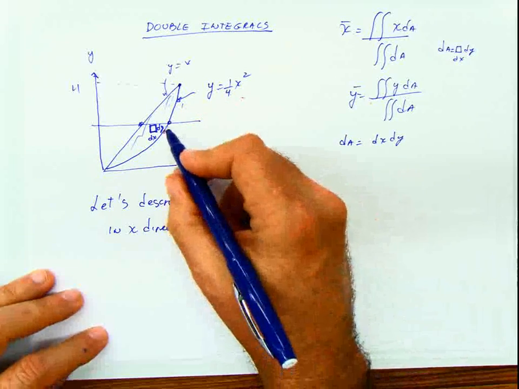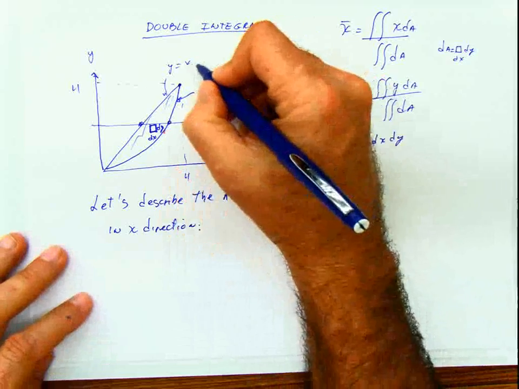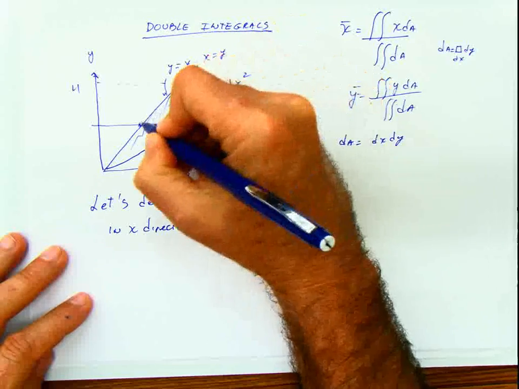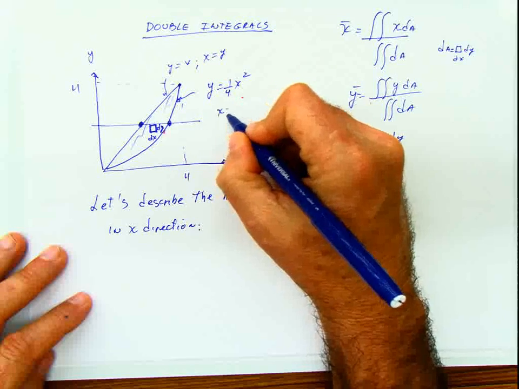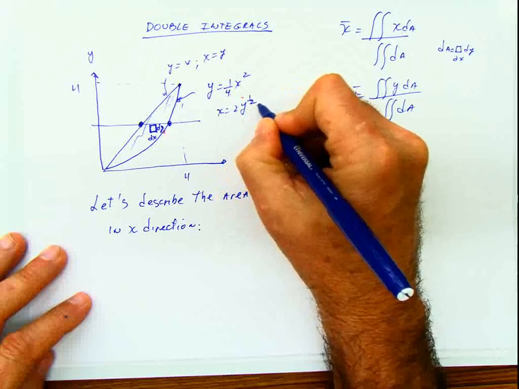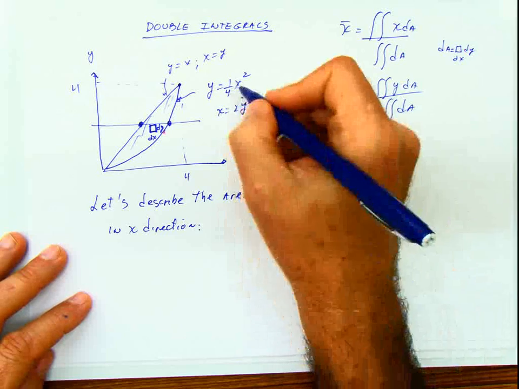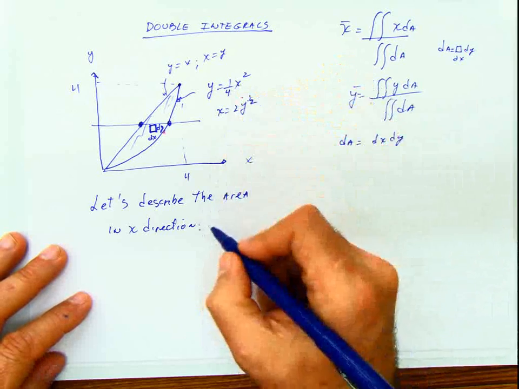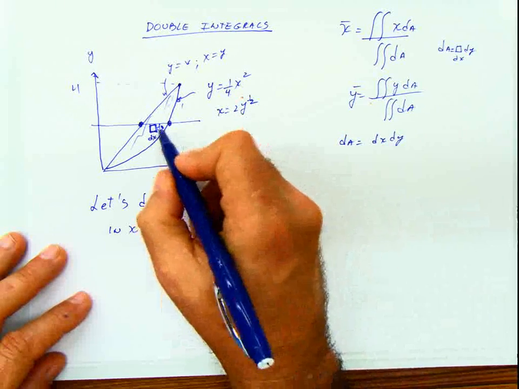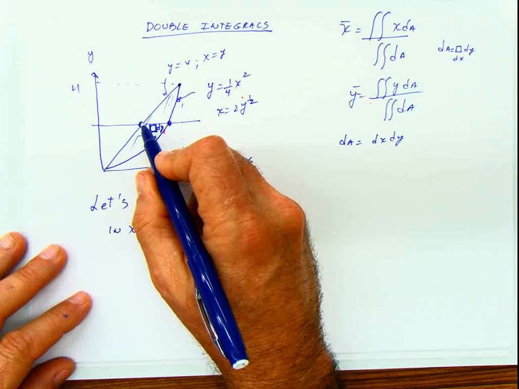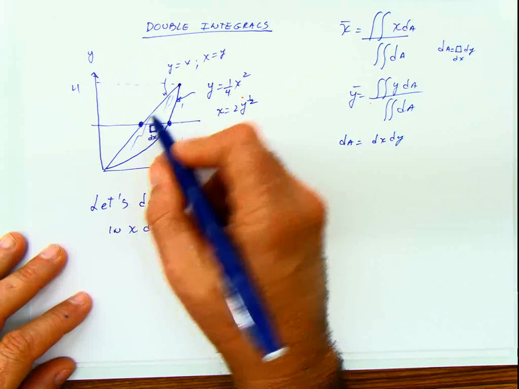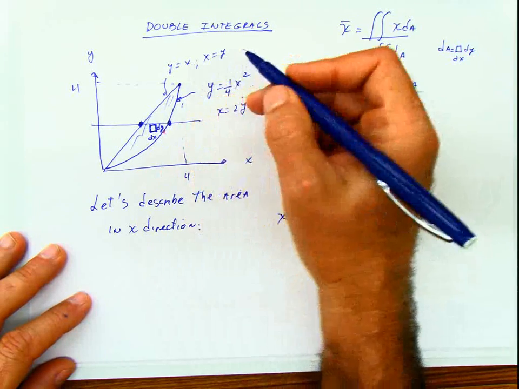So what is this point? Well, this point here is x equal y, and this point here is defined by x equal 2 times y to the 1/2, just solving for x. So in the x direction, I know that this point here, which is x,